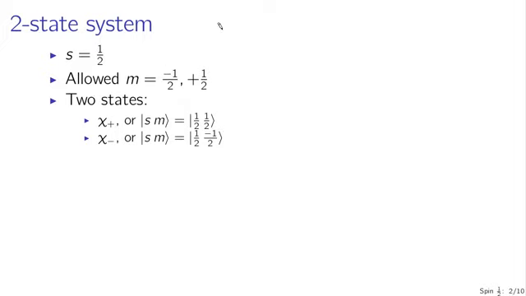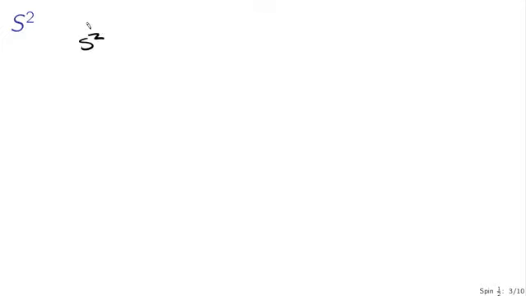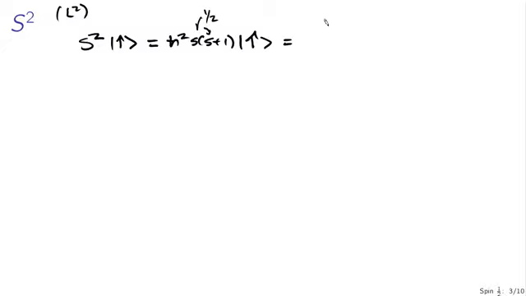The two states that we're working with, I'm going to call chi plus and chi minus. S squared, which is our counterpart for L squared, acting on the spin up case, is going to give us our eigenvalue, which was h bar squared S times S plus 1, and this is an eigenstate of S squared by construction. S, in this case, is 1/2, and if you plug this in, you find out this is equal to 3/4 h bar squared. We can use this sort of expression, which of course has